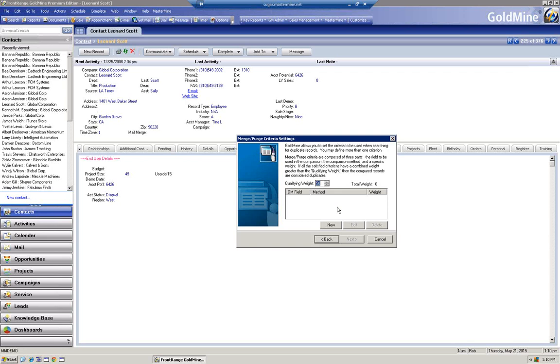So what happens in the merge purge wizard in GoldMine is you set up a series of criteria, each of which is going to have a certain weight. If the records that you're looking at match each other according to the criteria you set up, then that weight gets added together with the other matches that are found, and if they surpass a certain level, then the two records that are being matched against each other are considered to be possible dupes,